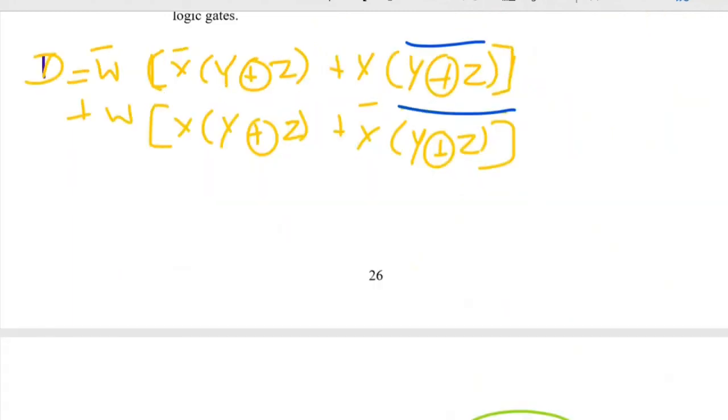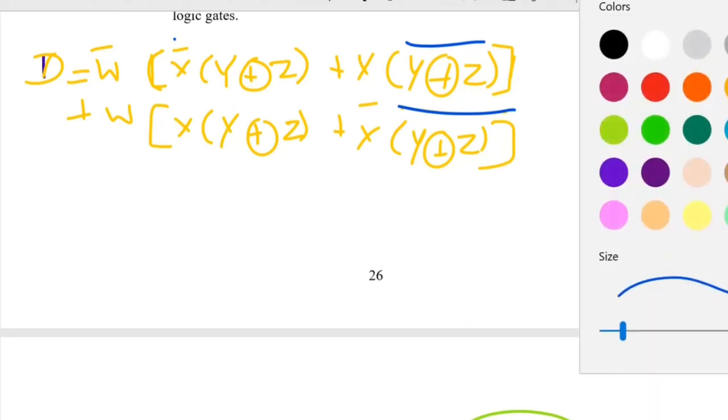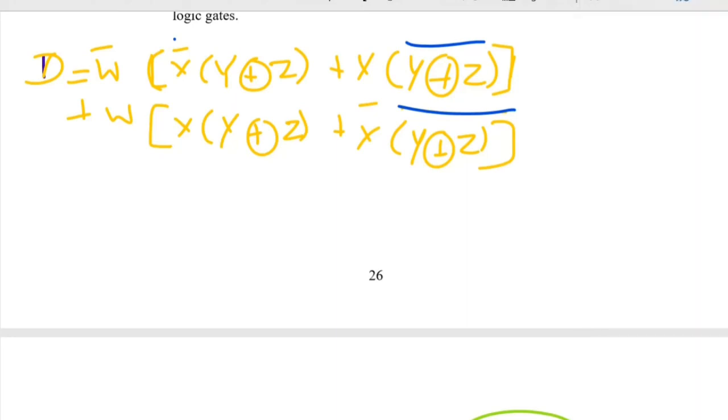So I have rewritten the same thing: W bar into (X bar into Y XOR Z plus X into (Y XOR Z) the whole bar) plus W into (X (Y XOR Z) plus X bar (Y XOR Z) the whole bar).